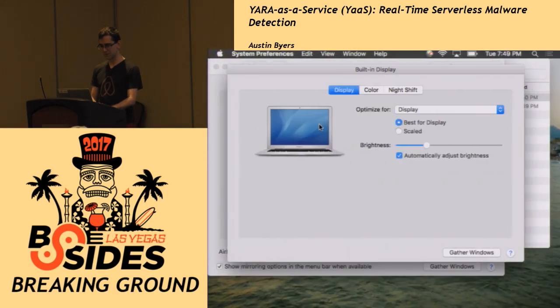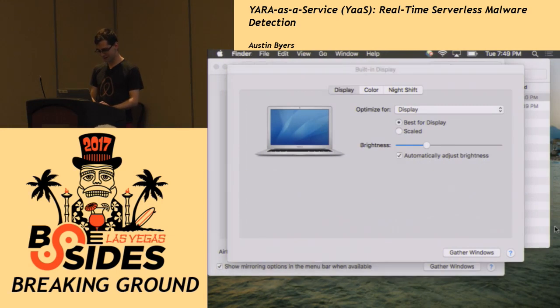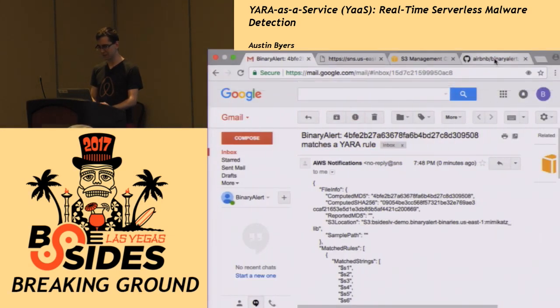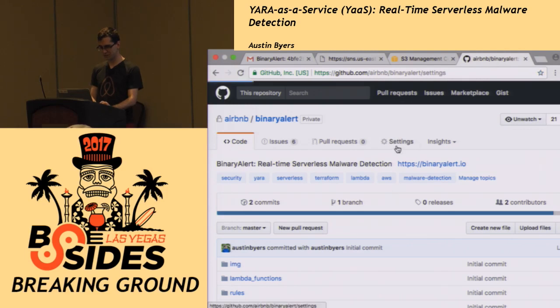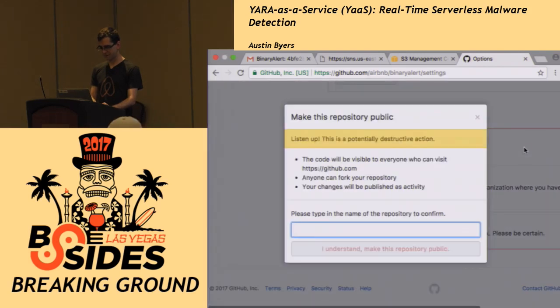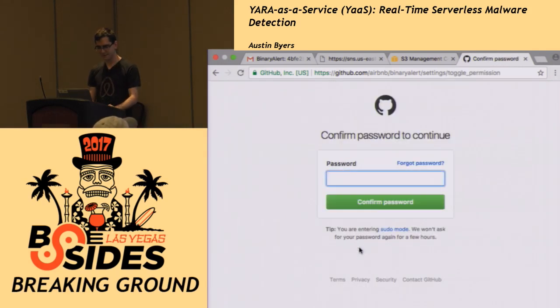So congratulations, everyone, on being here till 8 p.m. on a Tuesday. I'm the only thing standing between you and a night in Vegas, but you get to witness the birth of our newest public repo. And I have one password, and that's not even set up on this laptop. So I guess I'll have to do that right after. But yeah, this will happen in just a few minutes.